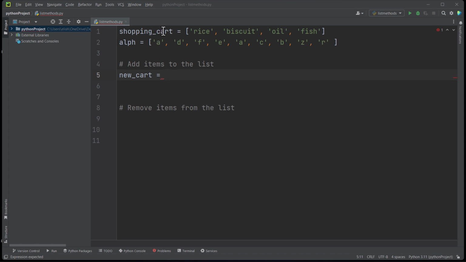Let's say you are doing online shopping, and you have already selected these items, and later on you want to add some items. You have to know that these are the things that make it possible for you to shop online. So let's say we want to add bag and then other different stuff to our list. That is a shopping cart. How can you do it? You can say shopping cart